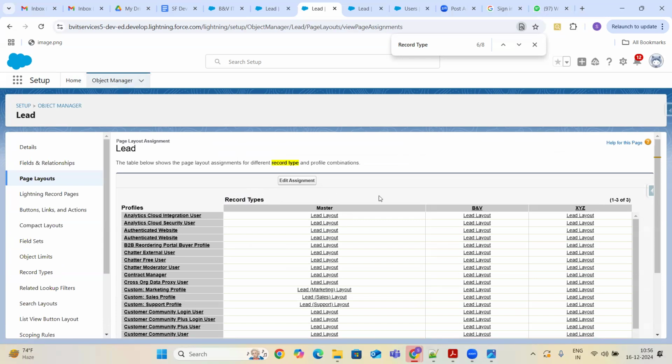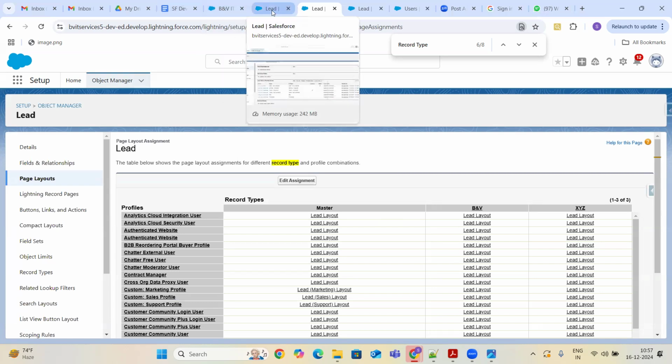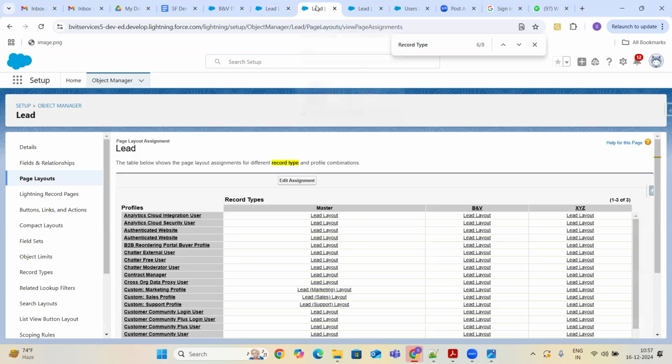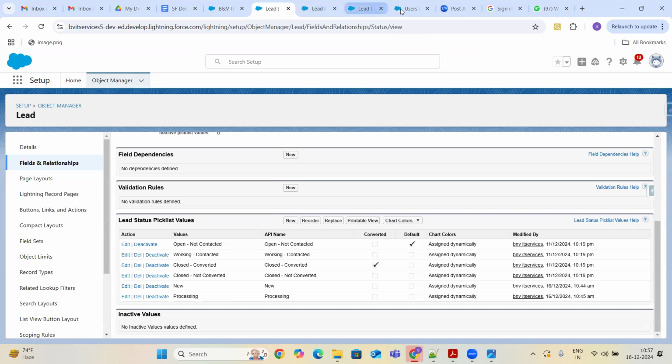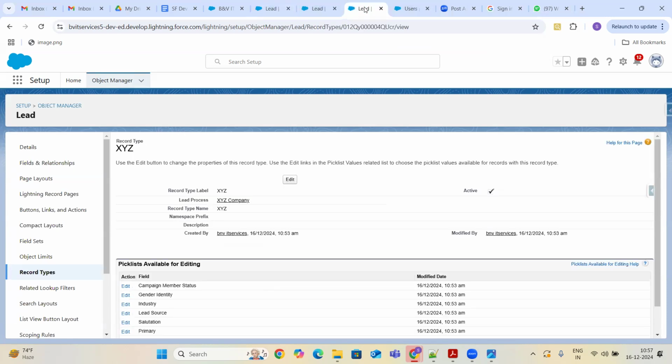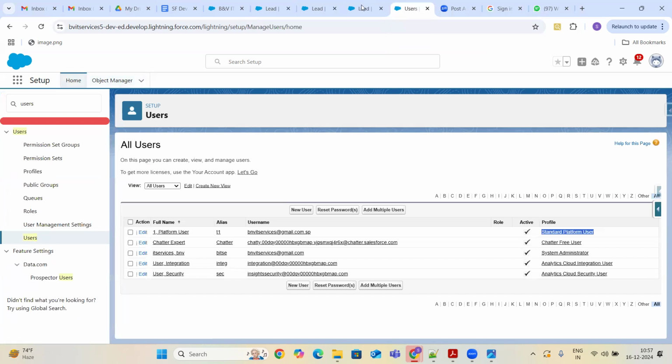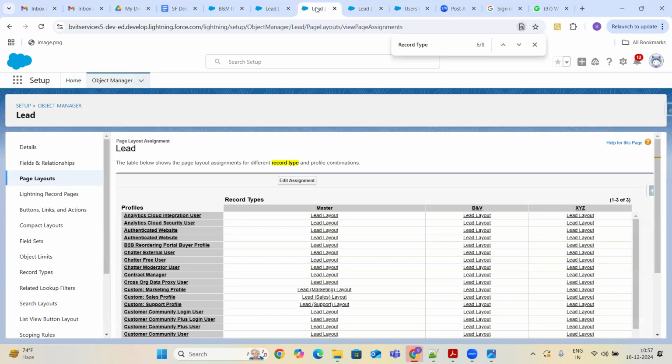On the top, you will see the different record types: master record type, B and B record type, and XYZ record type. Whatever lead record is created, these are all records that I was viewing previously. Basically, we call this a page layout assignment, guys.